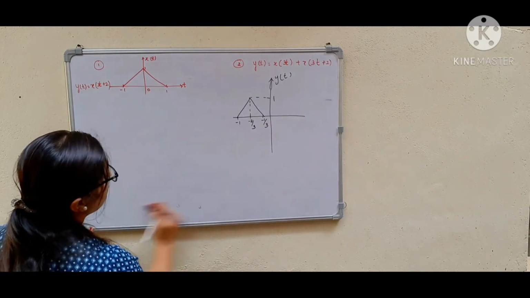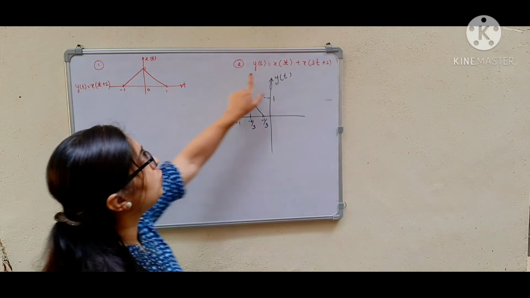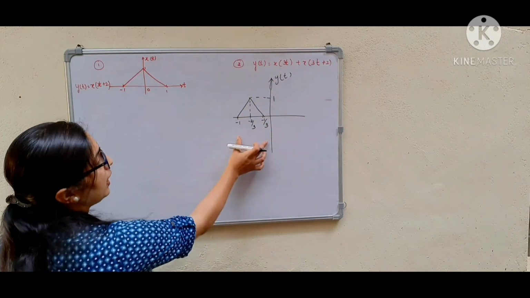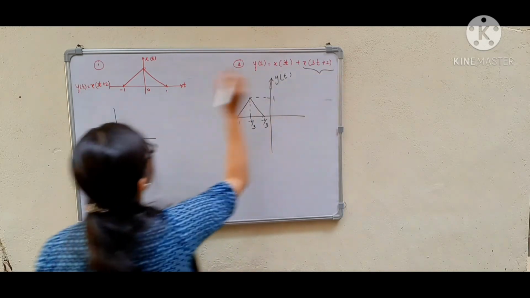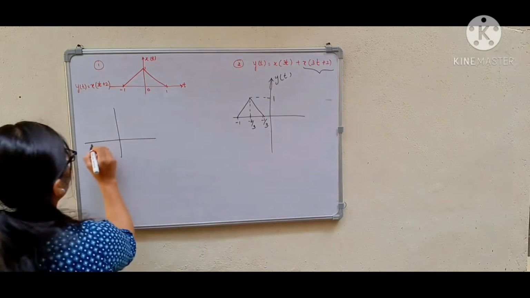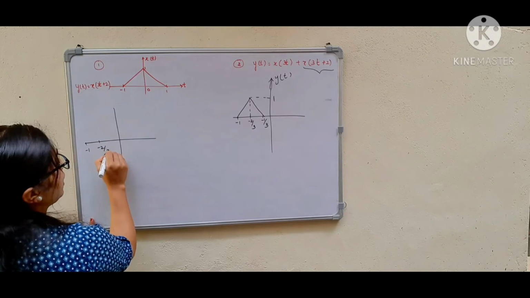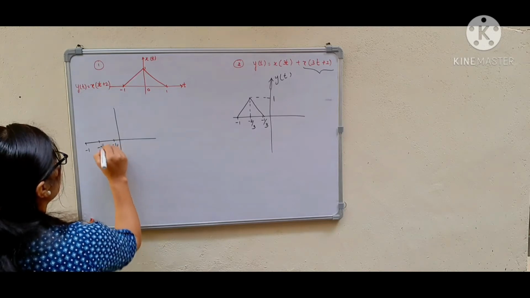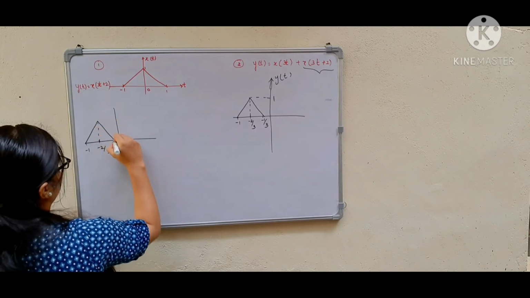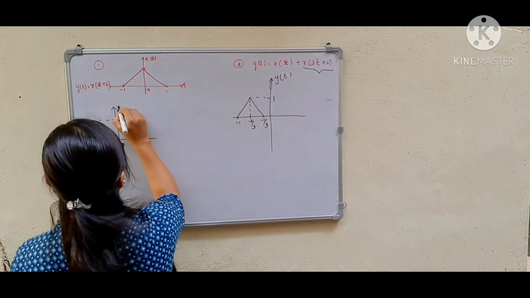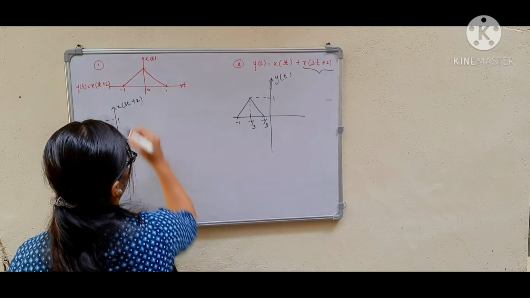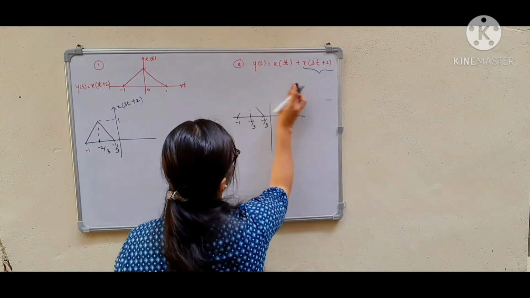See, the second problem is on the same signal we have to perform this operation. Okay, let us keep this as a reference because I won't solve this part again because this is the same thing. Okay, minus 1, minus 2 by 3, minus 1 by 3, 1. Okay, so this is the same signal x of 3t plus 2. Now I will consider x of 3t.